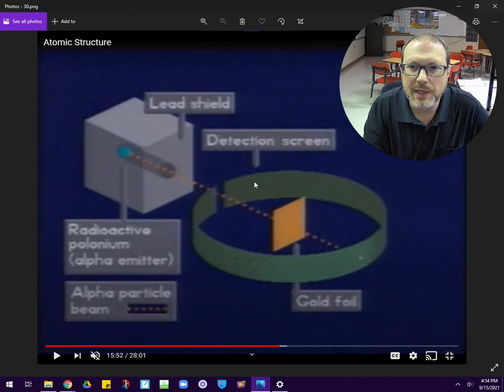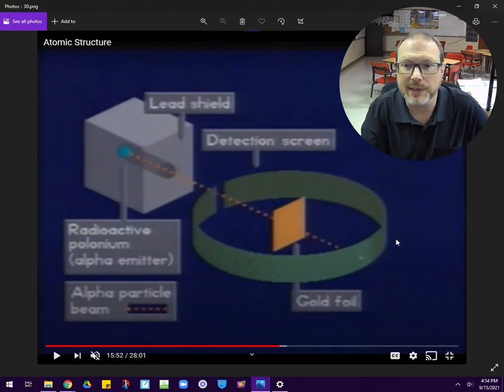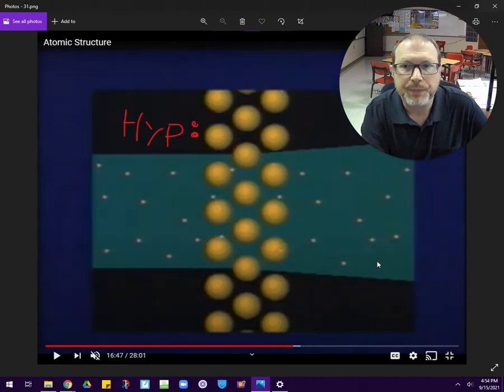Now, the screen he made in the shape of a ring. It wrapped all the way around in 360 degrees, or almost 360 degrees. And anytime one of these particles would hit this screen, it would light up. It would make a little bright spot for just a second. And so what they were expecting to see happen, their hypothesis was, if the Thompson model was correct, then these